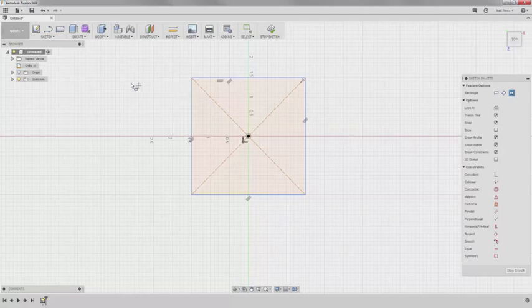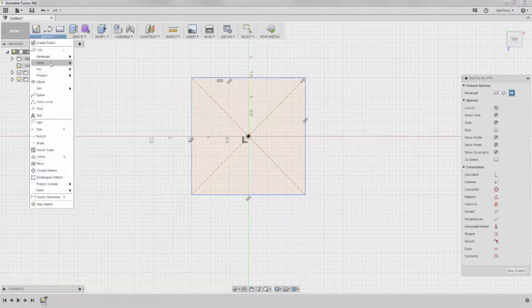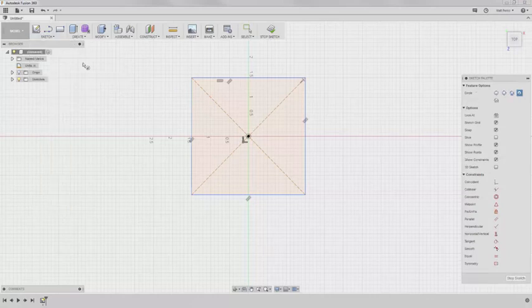Next, navigate up to the sketch dropdown and select center diameter circle from the circle options. Place the center point at the sketch origin and drag it out to roughly 1 inch in diameter. You'll notice that if we drag directly along the main Y or X axis, we can get exactly an inch. If we drag at a different angle, we won't be able to get exactly 1 inch because snapping is turned